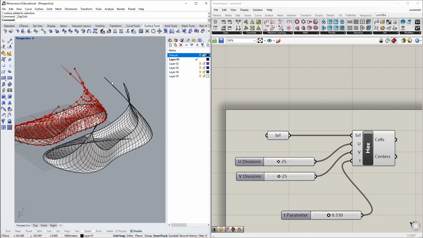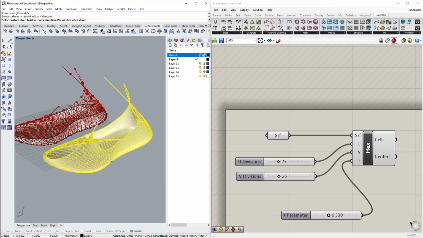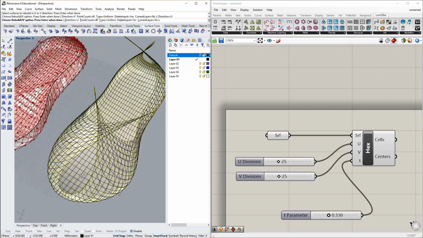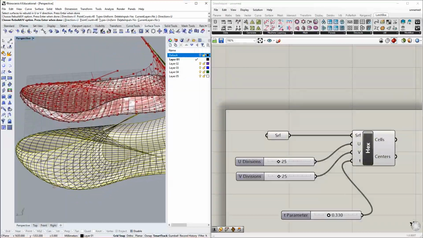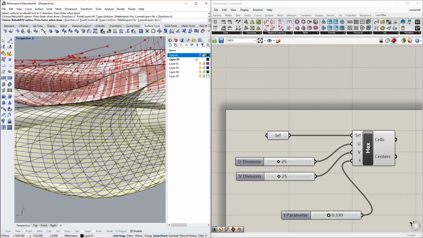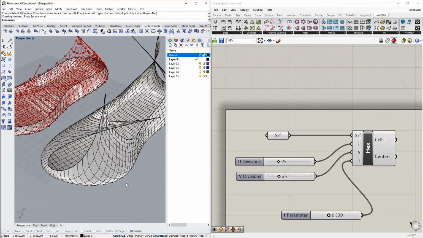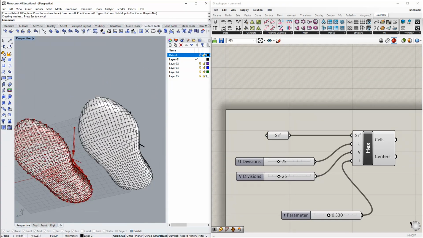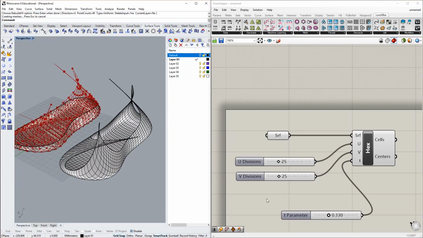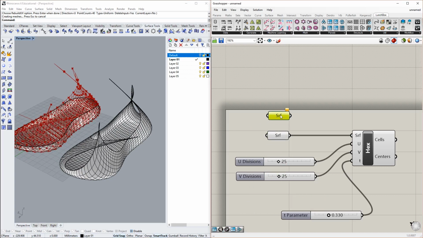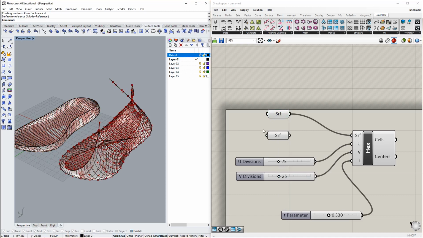So you can use that command to keep rebuilding the UV of a surface until you're happy with it. Maybe it's a little hard to preview to see what it's going to look like, but I think it's the black lines, maybe. So that'll allow us to get a more regular UV grid. So if we come over here and import a new surface into Grasshopper, and then use that one instead,